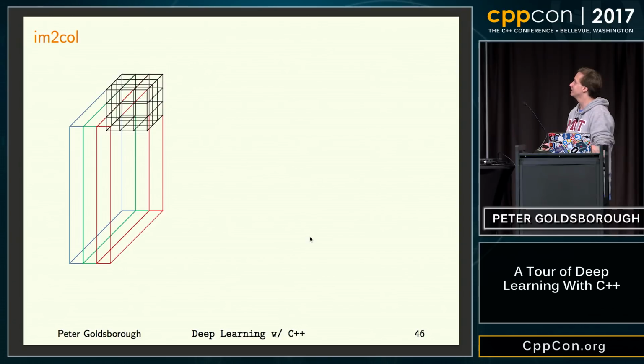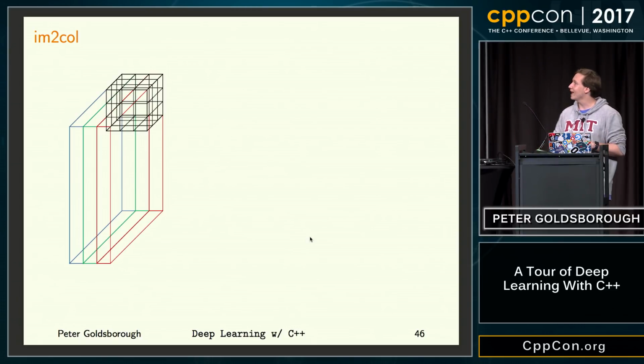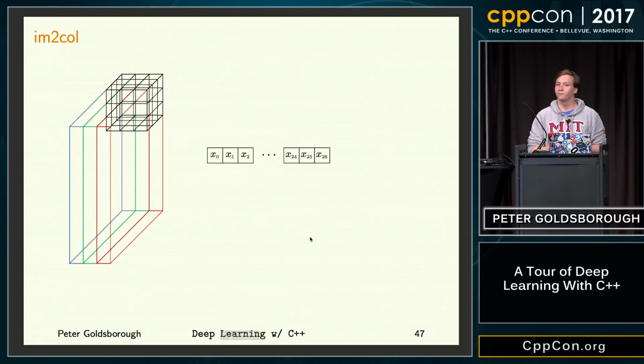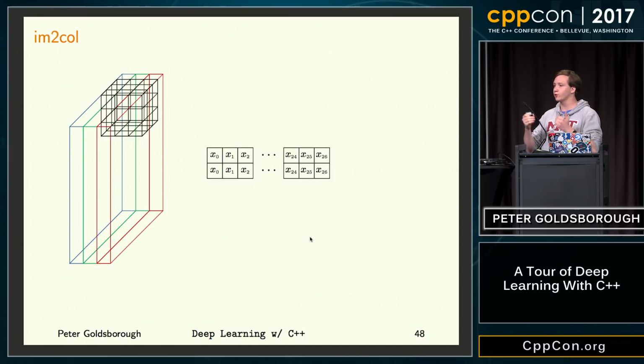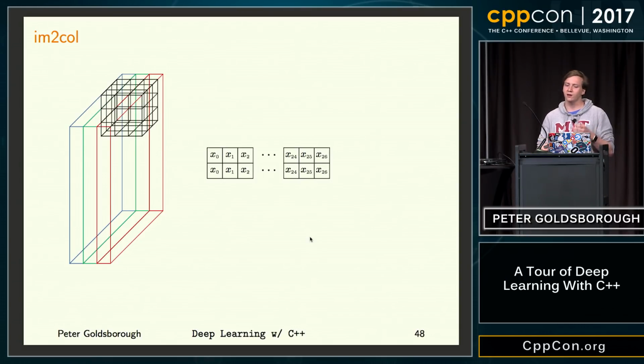So the way we can do this is essentially just by, for each configuration of the image and the kernel, taking all the values of the image and flattening them out into a long row vector like that. And for the next configuration, we can do the same thing. We just flatten it out and put it into another row of the matrix. One thing you should notice here is that between the first row and the second row, we will actually be sharing 2/3 of the values, which is one consideration. But it actually turns out that because matrix multiplication is so efficient, if we have enough memory, this is still a very efficient implementation. But let me just continue.